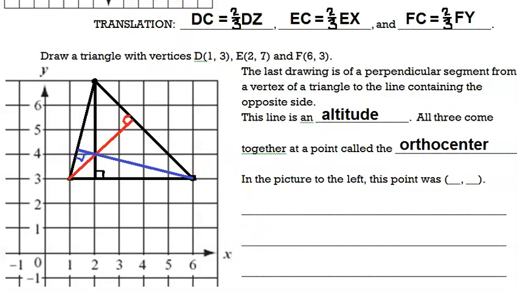All right. So it turns out, just like in the other cases, the three of them did cross at the same point. In this particular example, that point was (2, 4). Now, the one thing that you need to know that we haven't talked about yet with altitudes, and I am not going to spend a lot of time talking about it right now, I'm just going to make up an example here. If you are doing the altitude of an obtuse